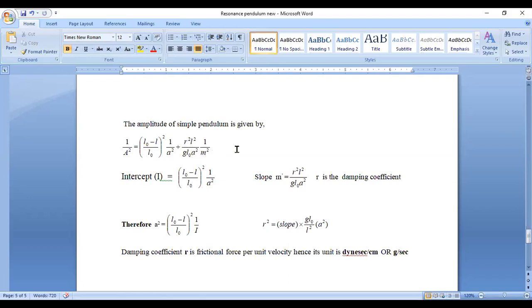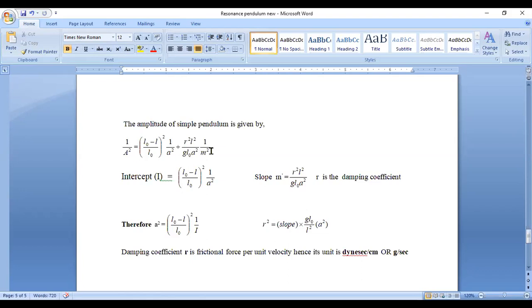Okay, fine. And when you plot this graph, this equation is really similar to y equals mx plus c. So this is your y, this is your m, x plus c, which is the variable. Y is one variable and x is another variable. So if you plot a graph of y versus x, which is your y? 1 upon a square. Which is your x? 1 upon m square. So if you plot a graph of 1 upon a square versus 1 upon m square,